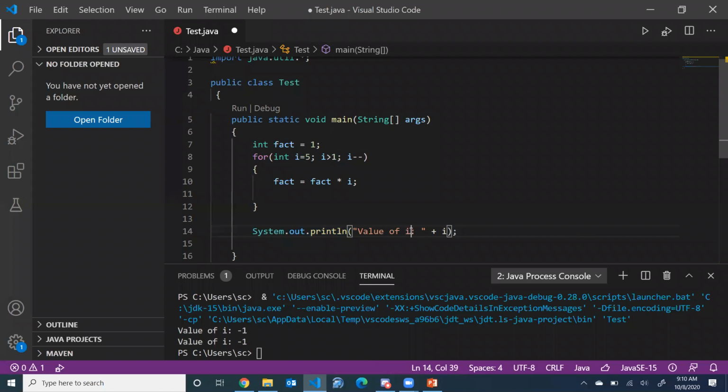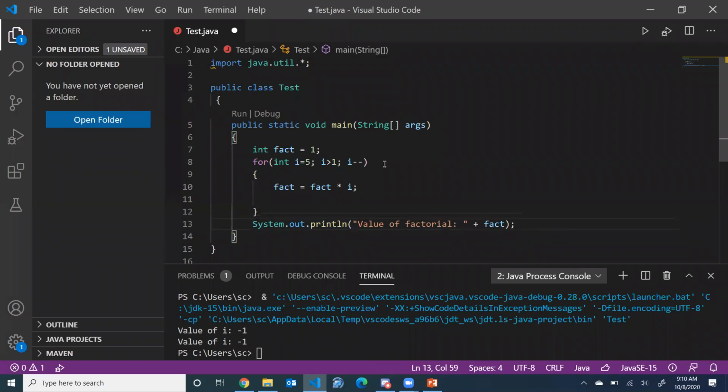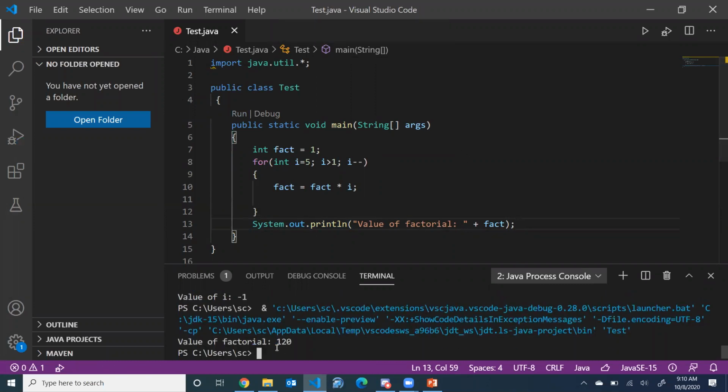and I write value of factorial, and I write fact. Okay, so now if I run this code, do I have an error? Okay, right. You can see I'm getting the factorial, which in this case is 120. I can make it suppose 8. Let's make it 10. And if I run this now,